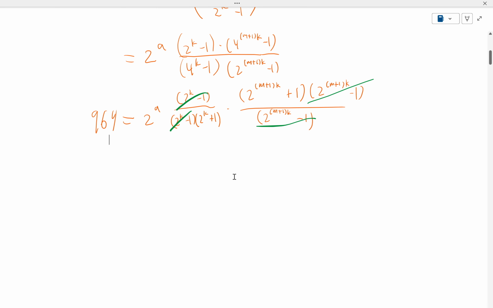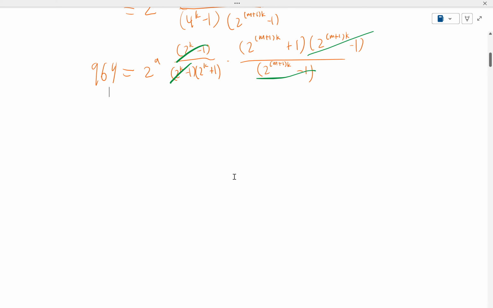So now you can just move the denominator. You can get rid of all denominators and all fractions by moving this to the other side. So 964 times 2 to the power of k plus 1 is equal to 2 to the power of a times 2 to the power of (m plus 1)k plus 1. And notice this is odd. This is also odd. That means